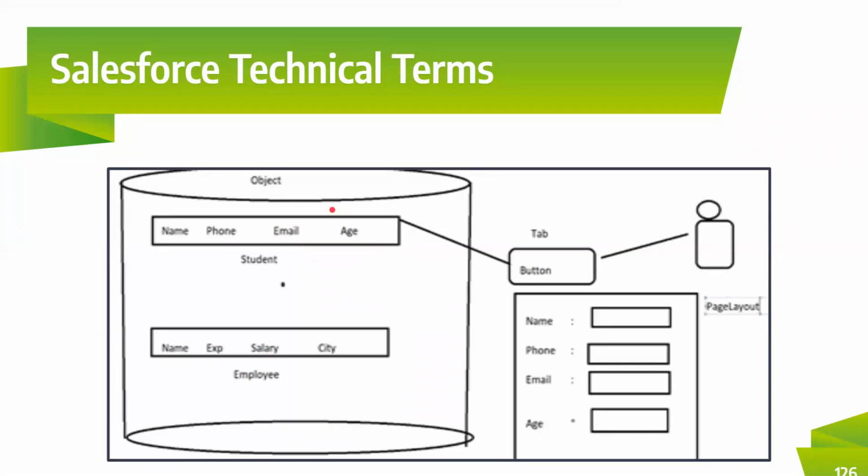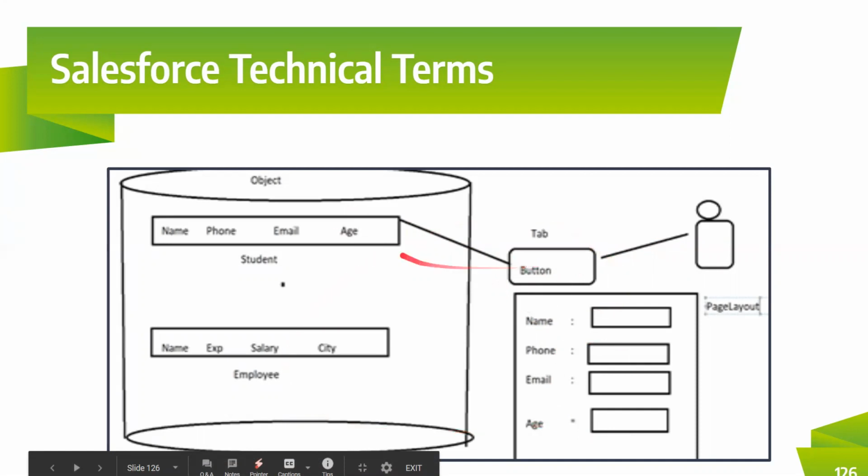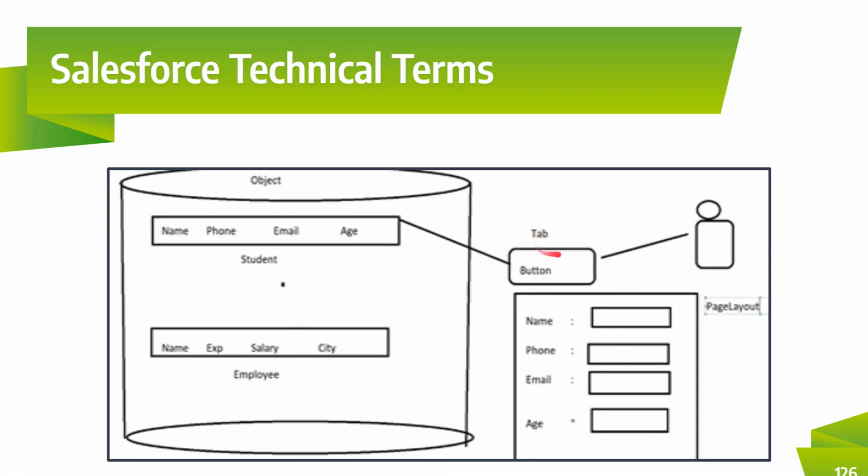Now for this object, when I click on this button, it is enabled with a button. The user is going to click on the button to select the student object. So when I click on this button, what happens? The user interface page will be displayed here, which contains name, phone number, email, and age. Got it? So we are able to connect this object to a tab. We have something called a tab. On the tab, we can see all the objects displayed. You're going to click on the tab, click on the object, which shows this page here, and then enter the data. Who is going to do that? The end user is going to do this.